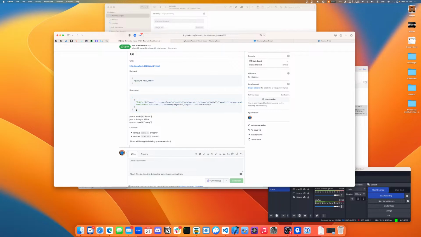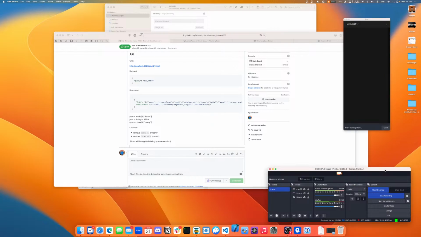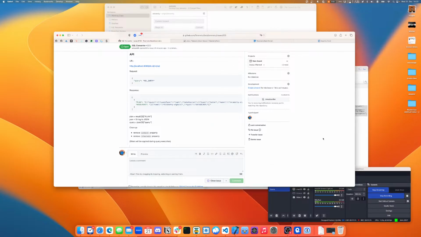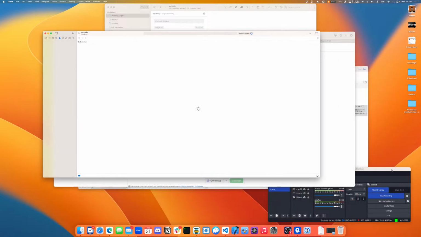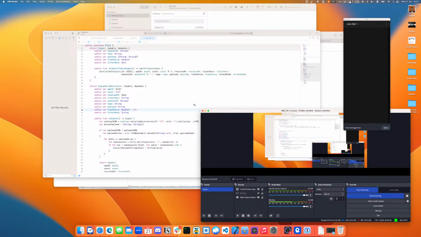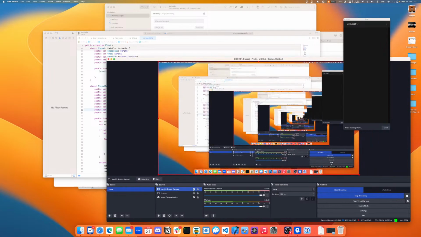And to do that, I'm starting Xcode because the server is written in Swift, as you might know. And because all of this work is going to be in Xcode, I can just share the Xcode window, and that will make everything a little bit bigger, which is going to be nice. Okay, so let me just do this. I'm sorry, this is of course not good content,